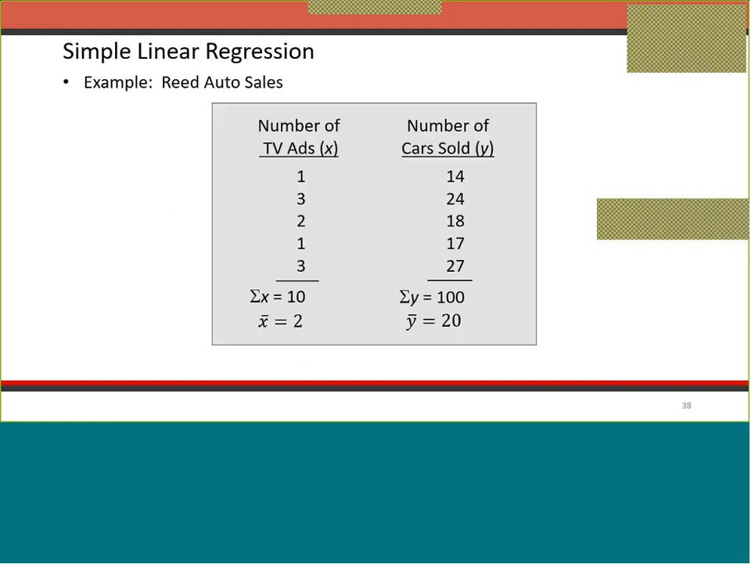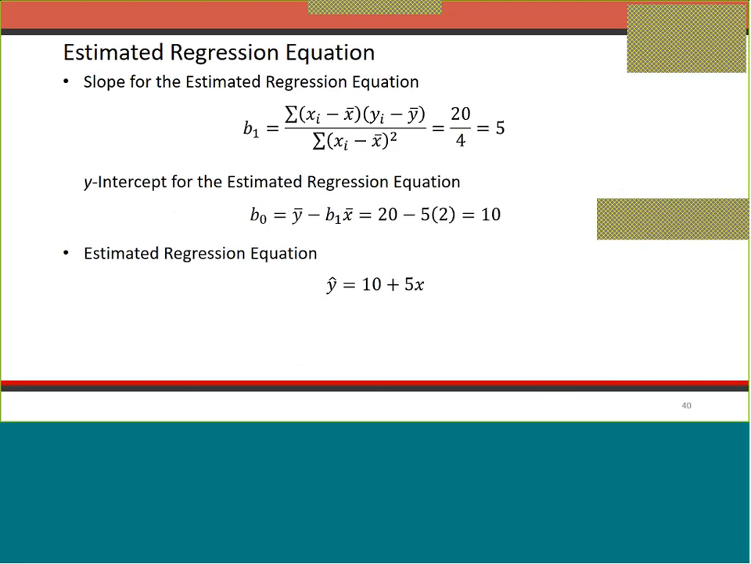So for a given example, I have X and I have Y. I have 5 values for each of X and Y. I calculated X bar, I calculated Y bar. Then I calculated B1 and I calculated B0 by using the formulas. So what is the estimated regression equation you got? Y hat is equal to 10 plus 5x. Why? Because,